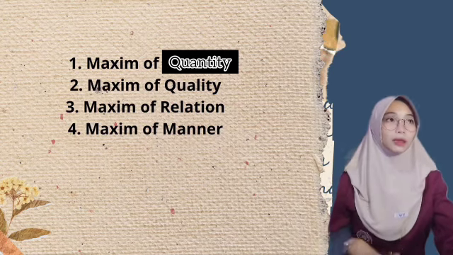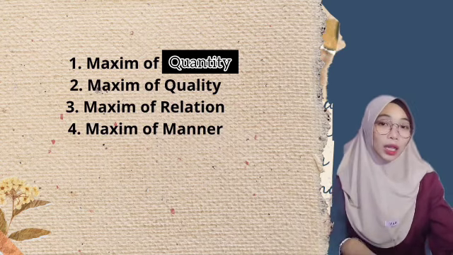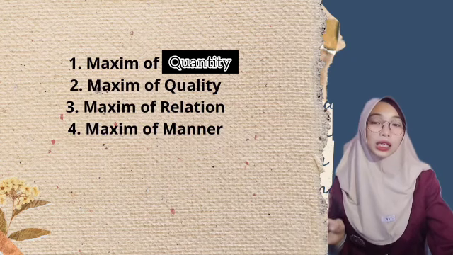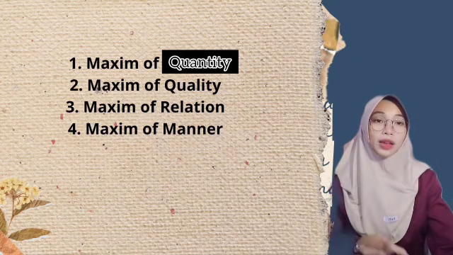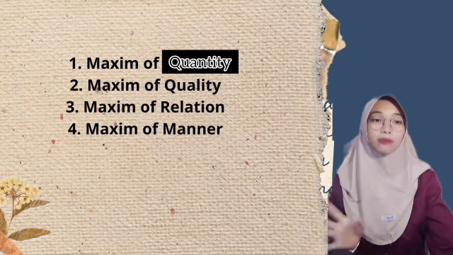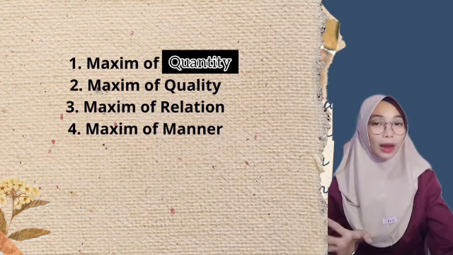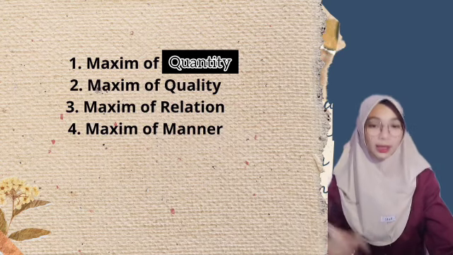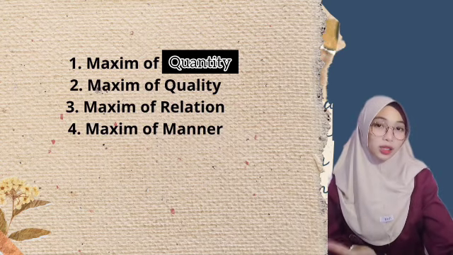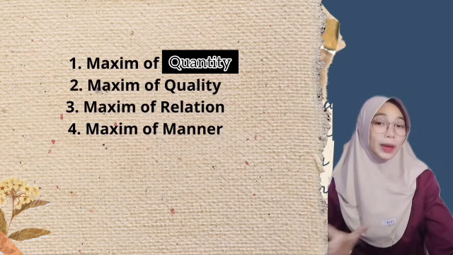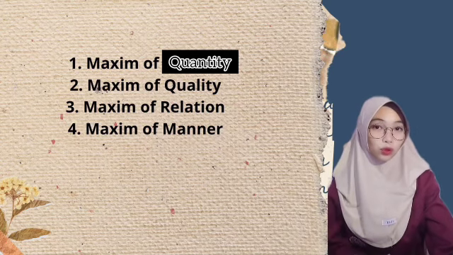Okay, that is about the maxim of relation. And I will continue with the fourth, the maxim of manner. The maxim of manner states that the contribution should be purposive, in particular that it should be orderly and brief, avoiding obstructing ambiguity. This maxim has a jargon: be purposive. That is how Grice and Yule describe the maxim of manner. Be purposive.